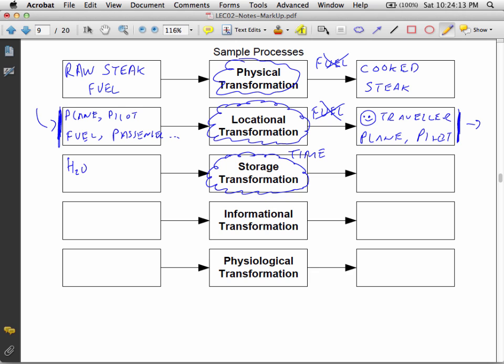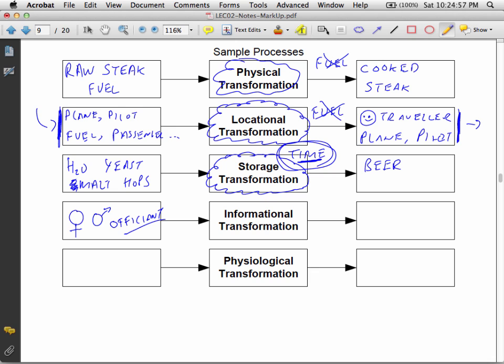If you take water, yeast, barley or malt, and hops, and mix them together and then have a storage transformation, you end up with a new product, namely beer. Right? You can't have 12-year-old scotch without 12 years is sort of the example I always use. So storage transformations, just by putting something together and leaving it over time, you'll have a transformation. I gave an informational transformation. The example I gave was my brother's fiance, my brother, and an officiant.